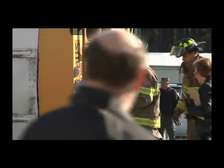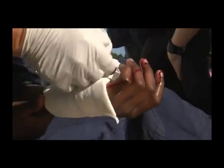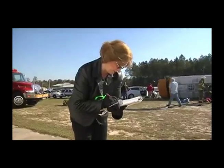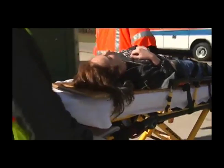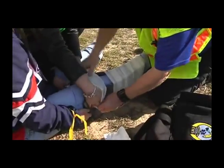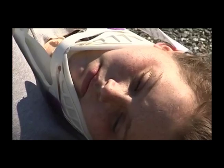And you'll notice that fire has been working on rescuing them from the bus. EMS has been triaging them, preparing them for transport to the medical facility. The Sheriff's Office is not only containing this scene, but scenes away from here for parents who will be coming, staging in that area. And we provide people and information for the parents